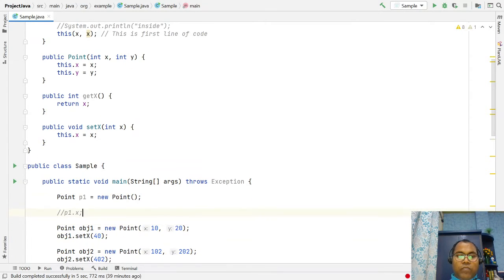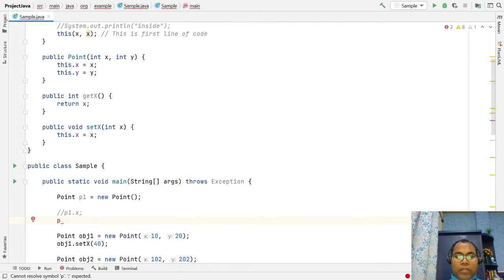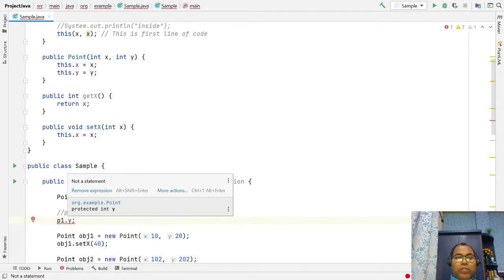Here if you want to access p1.y, you are able to access y.